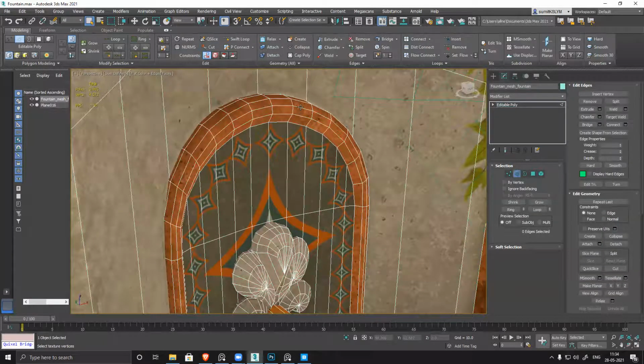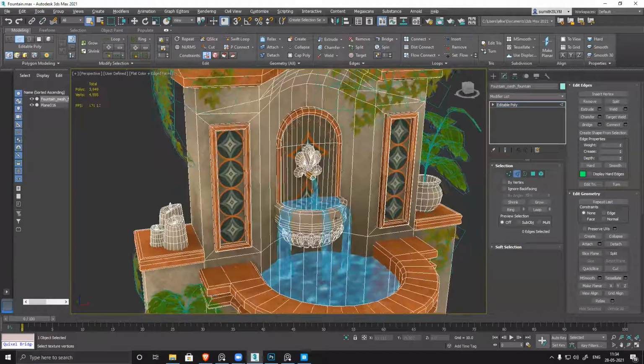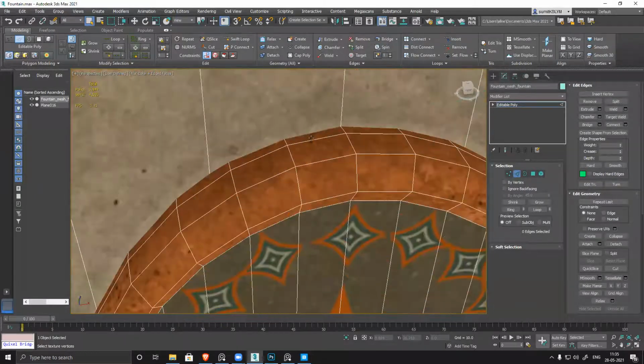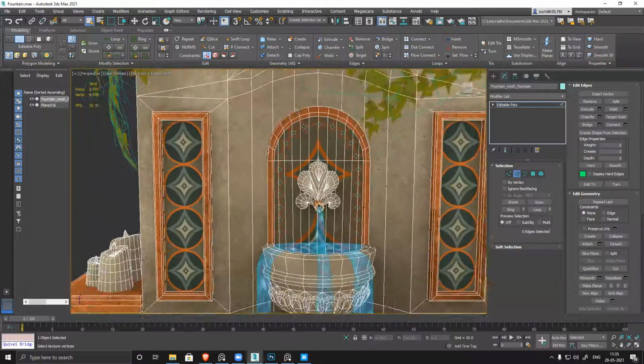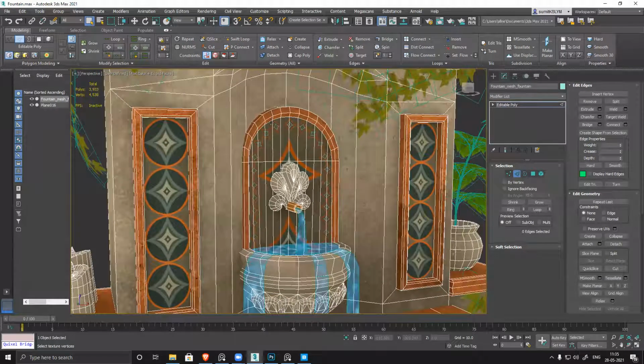There will be cases where you have to modify the model based on the surface or your requirement. See, optimize the model. So I just need the first, second, and third.